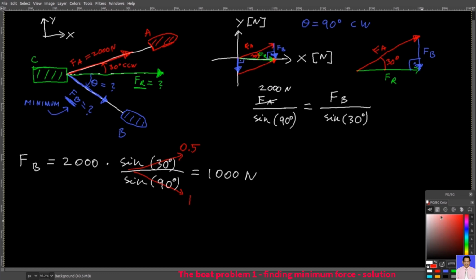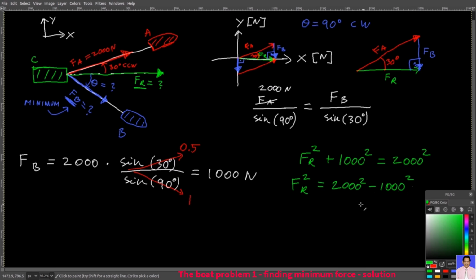And now you can use Pythagoras theorem to calculate FR. You have FR squared plus FB squared, which is 1000 squared, and that equals FA squared, which is 2000 squared. So FR squared equals 2000 squared minus 1000 squared, and then I'm going to put it to the power of 1/2. Then I will get rid of this 2 here, and so FR equals more or less